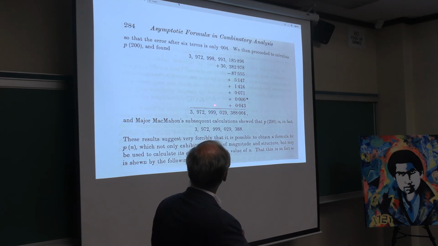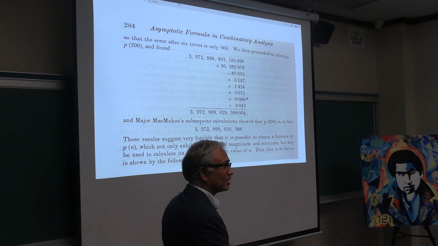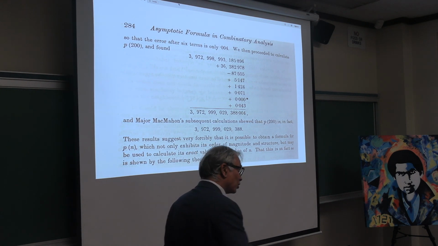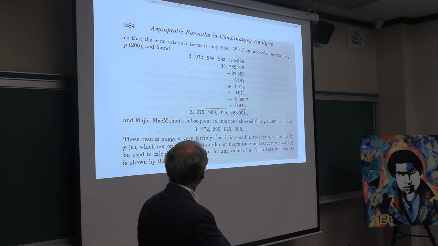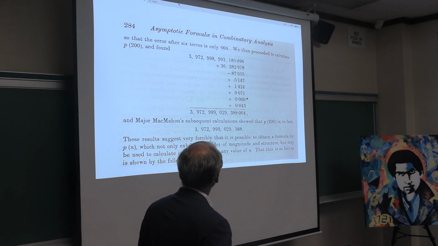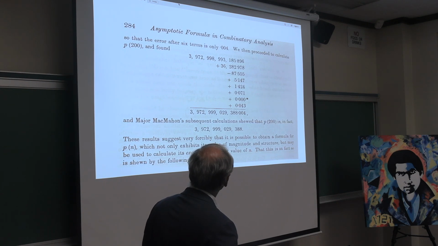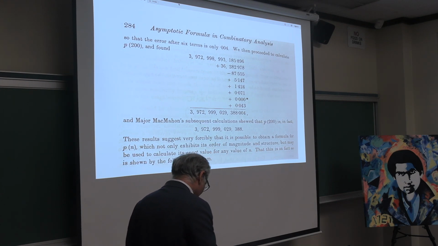One would think that a formula is very good if you get half the digits right. Like the Riemann hypothesis, which is about counting the number of primes, is a statement that you can get half the digits right. But how do you get all the digits right in a formula like this? That is an extraordinary thing that they managed to achieve.